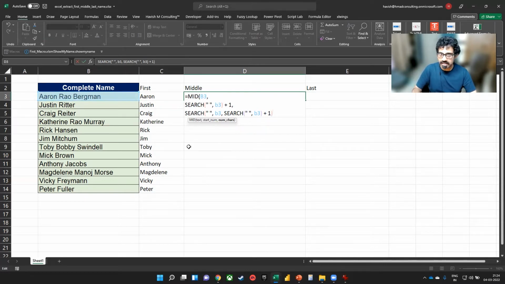Now, what is the result going to be? If I search for a space after the first one, that means it is 5 letters for Aaron, 3 for Rao, so that would be 8. Then I have a 9 here, and then it is a 10. But from this, we need to subtract 7 so that we get 3, which is the length of the middle